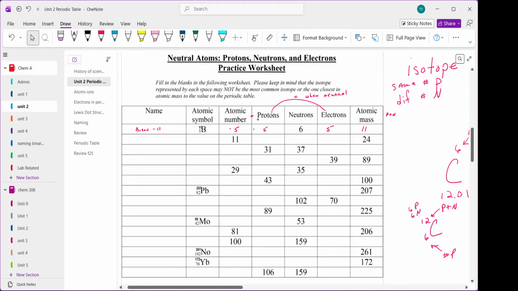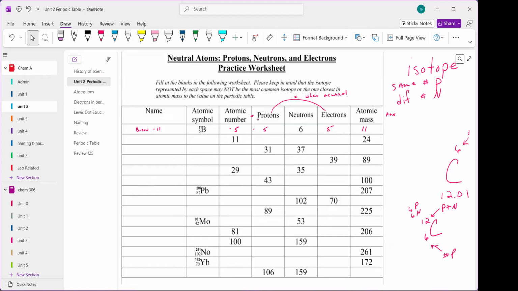I have a question, can we go over that part? How do I know if it's neutral? Because I'm telling you all these are neutral. I have to tell you. Oh, okay. And then I have one very similar to this on ions, and we'll talk about that later. And then I have to say they're ions.